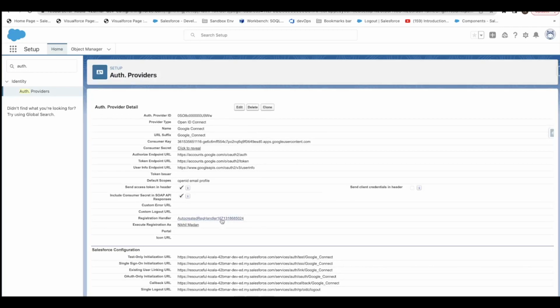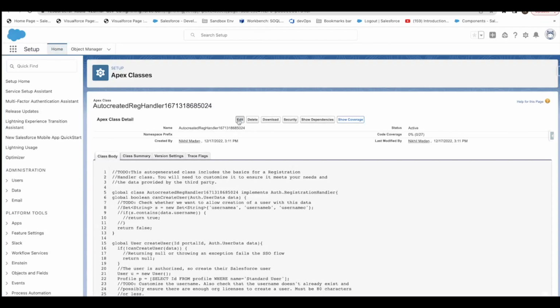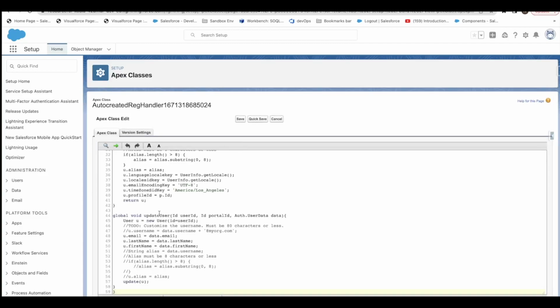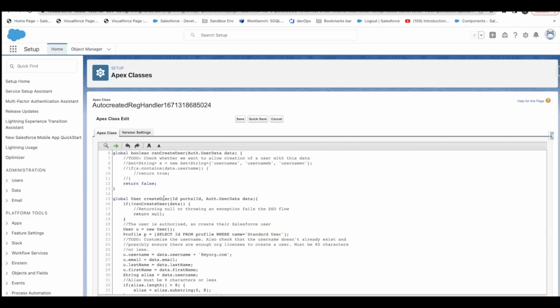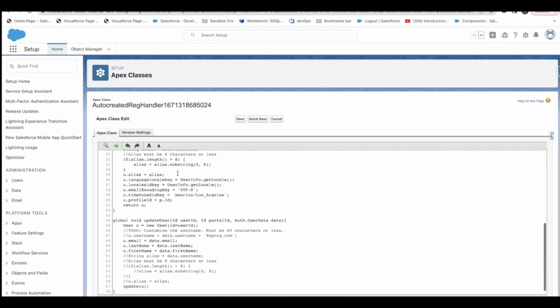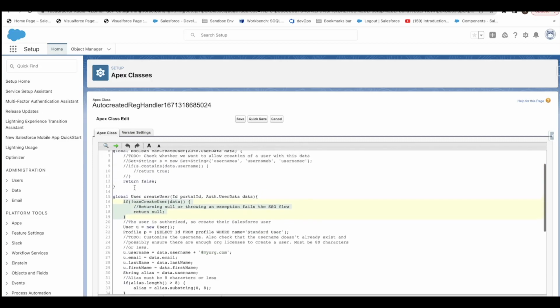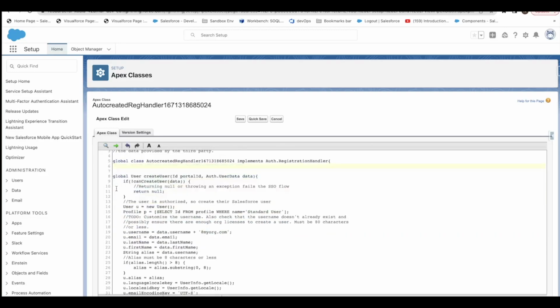Now I'll show you this registration handler. We'll try to make it simple. If you see here, we have update user and we have create user. So if a user is logging in for the first time, then create user will be triggered, but if he's logging in a second time or more, then update user will be triggered. If you see here, it checks if can create user is there. What it does is it checks whether the user already exists or not. So I can simply go here, and